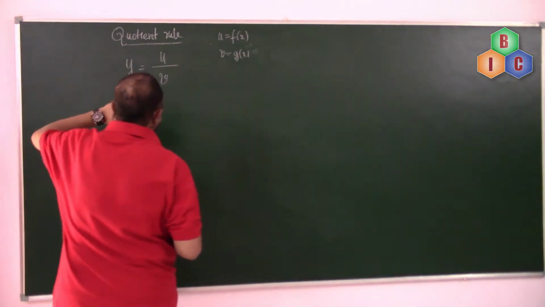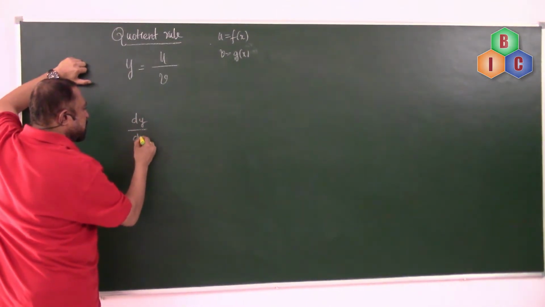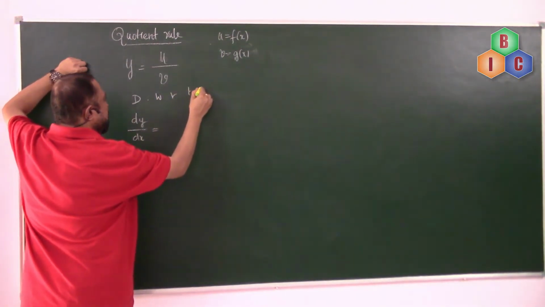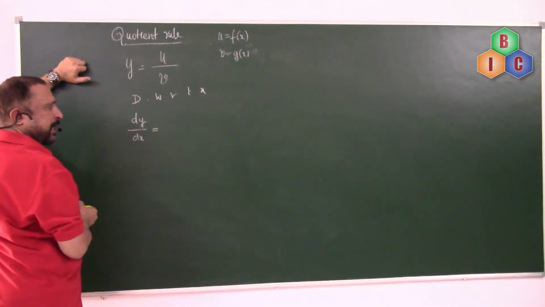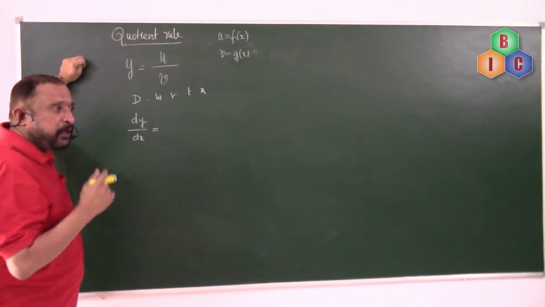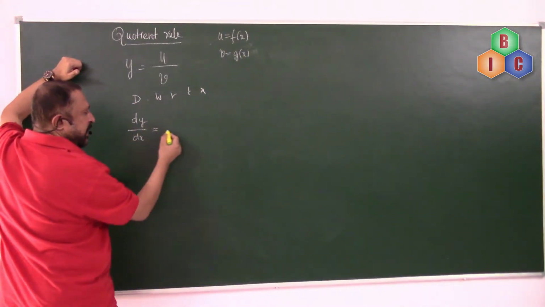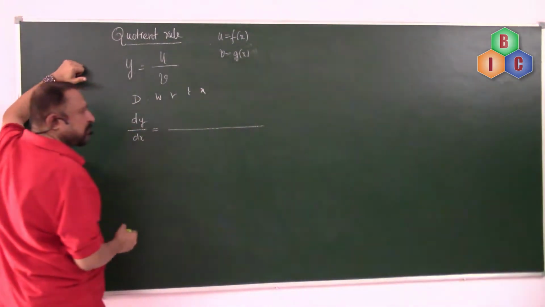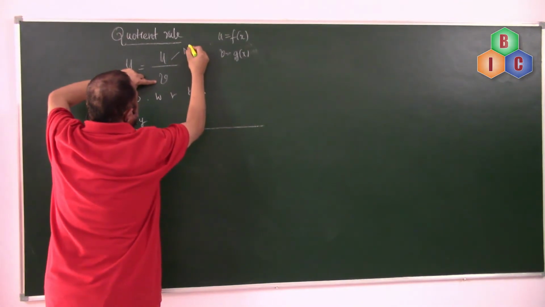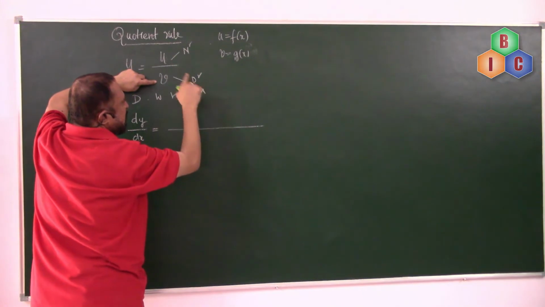Now, in such a situation, the simple way to remember the quotient rule is this. We differentiate with respect to x: if you differentiate y with respect to x, you get dy by dx. Now, I'll tell you how to remember the quotient rule, because many students find it difficult to remember. It's very simple. You write dy by dx on the left hand side and put a big horizontal line there. u is the numerator, v is the denominator.